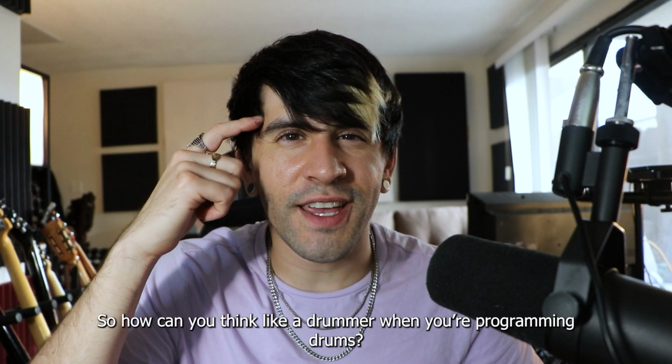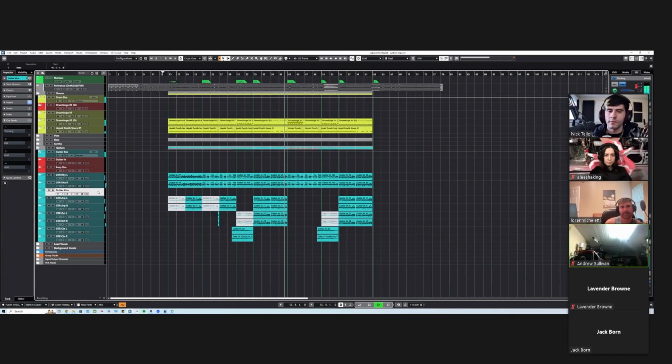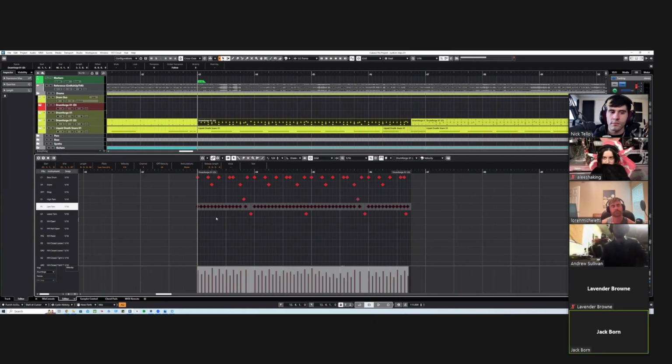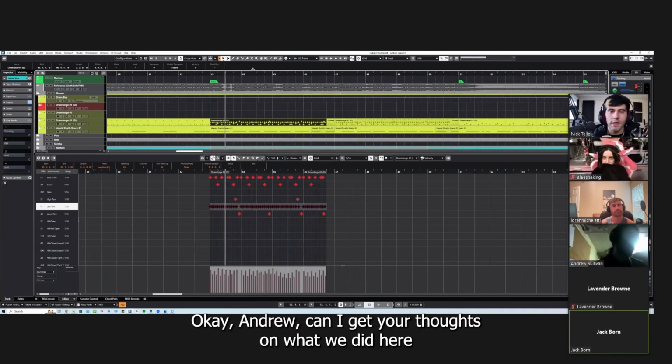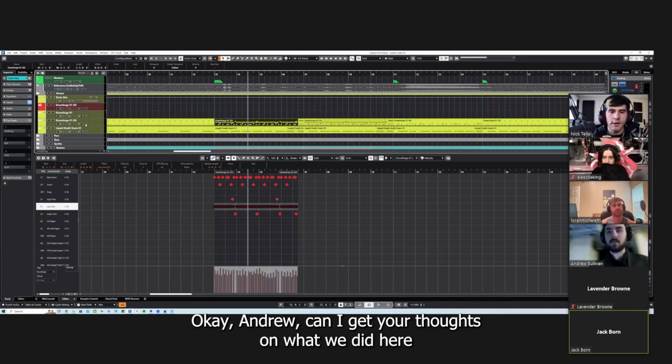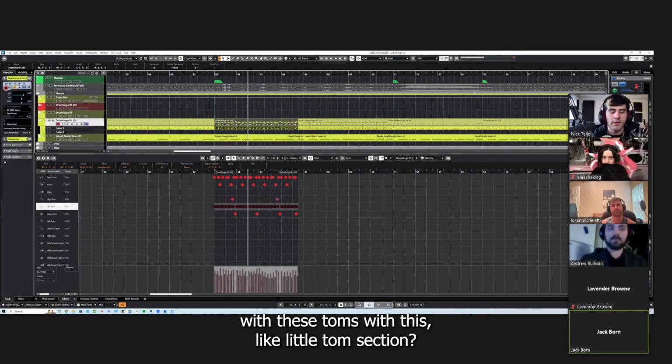So how can you think like a drummer when you're programming drums? Okay. Pretty much dancing on that middle tom. Okay. Andrew, can I get your thoughts on what we did here with these toms, with this little tom